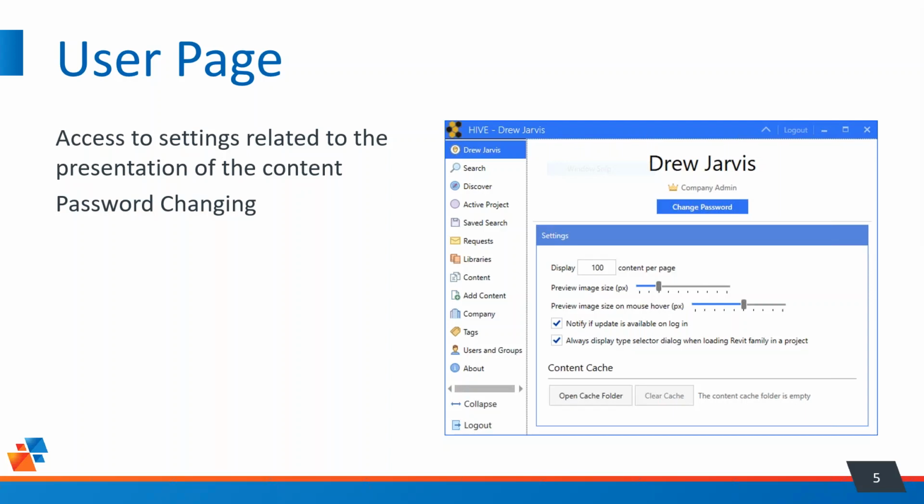So this is the HIVE interface. You'll notice on the left-hand side there's a navigation bar with shortcuts to the features that you'll be using. So you can see searching there, libraries, adding content, users and groups. And so you just click on one of those items on the left-hand side in order to get access to